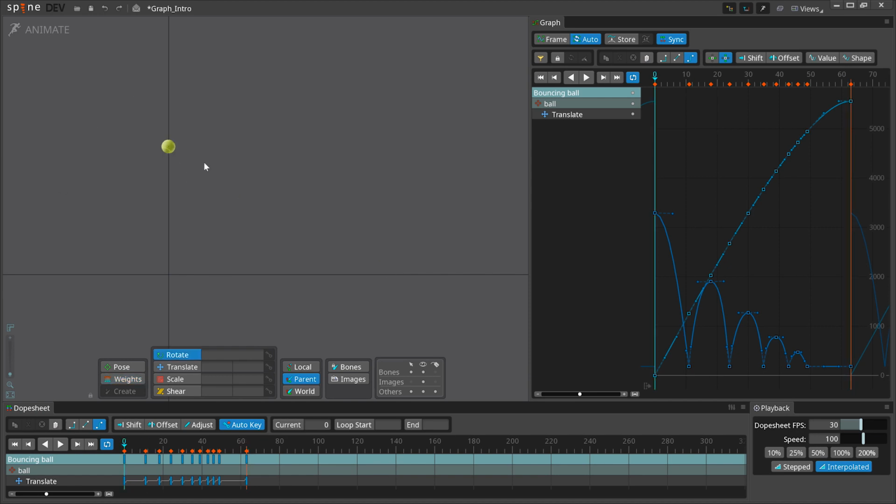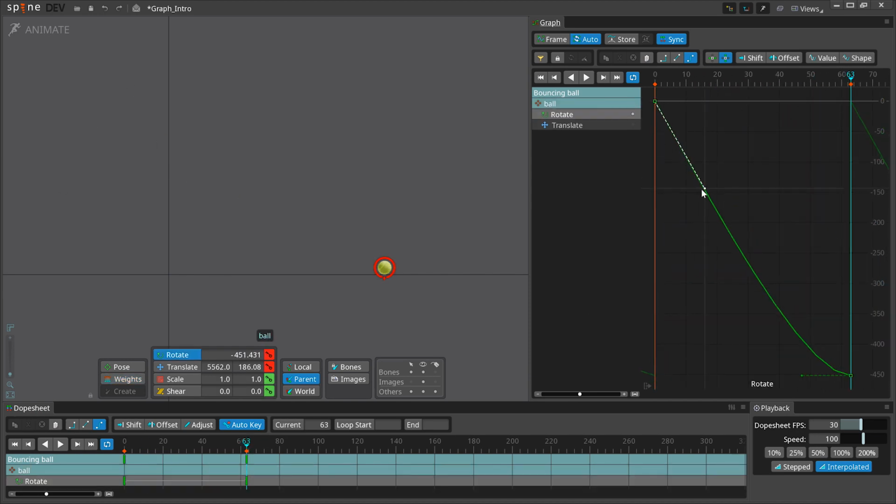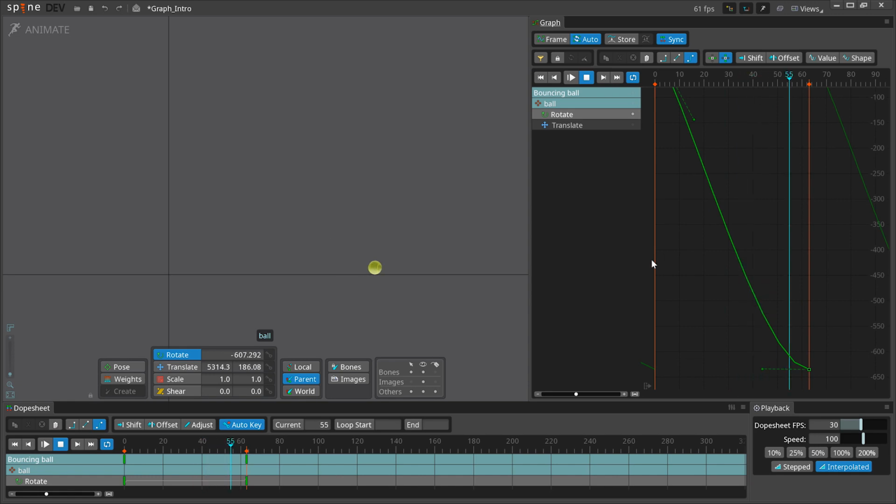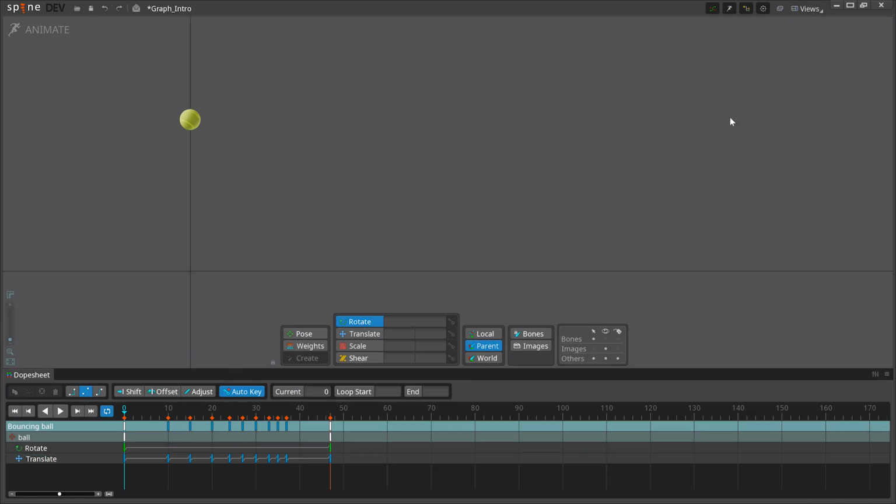If you have never animated using curves, it can be intimidating at first. Don't worry. I'm going to cover all the basic concepts so you can use the power of the graph for your own animations. Let's open the new graph view and examine what is happening there. You can find it by clicking Views in the upper right in Spine, or by pressing Alt-G.